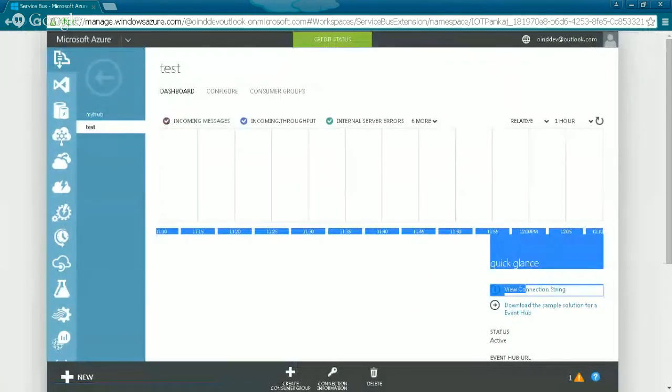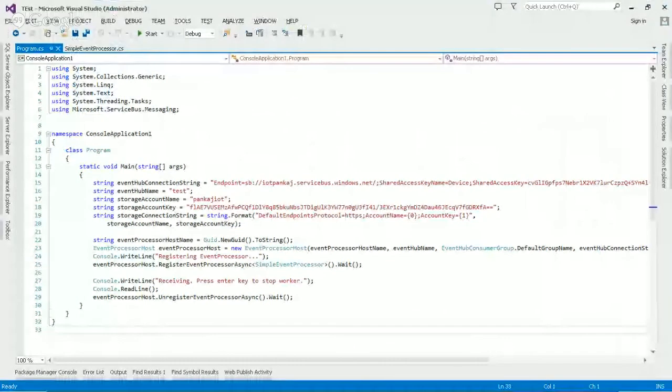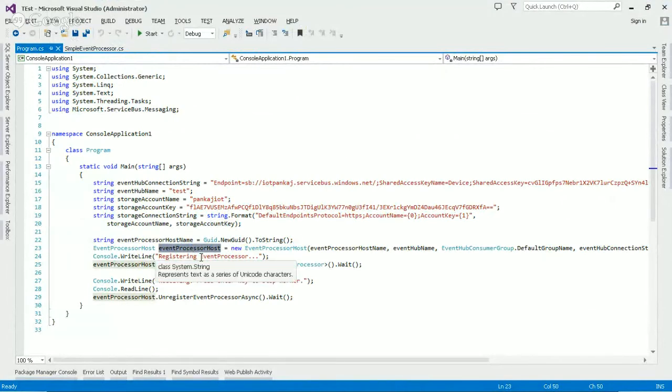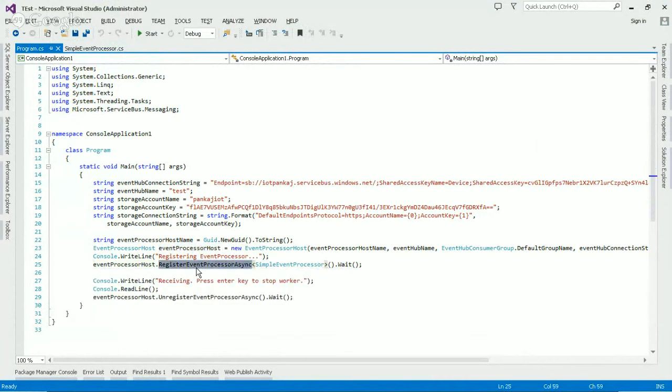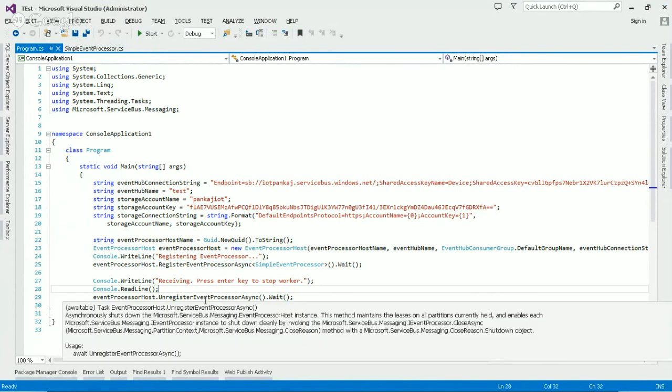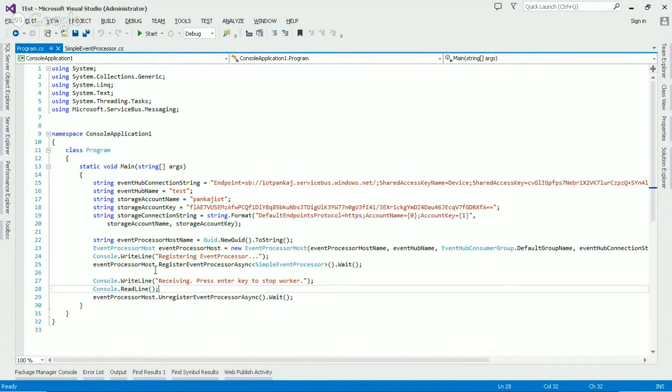So this is the connection string, and this is the key I am using, and we are creating one event processor host, which will connect to the event, and then we are registering to the event asynchronously, and then it will write.